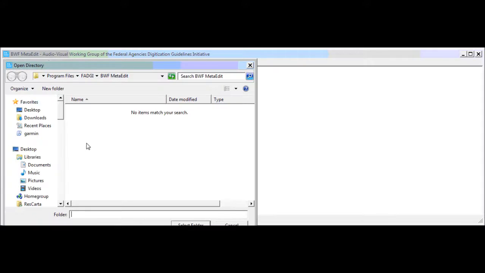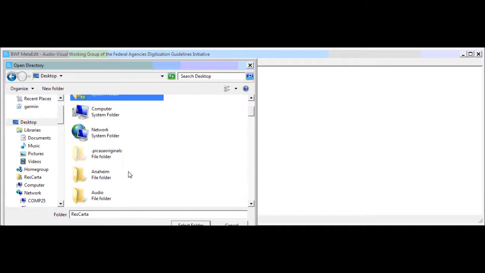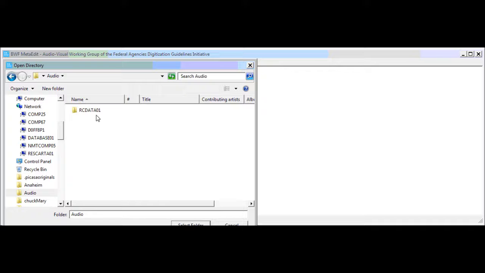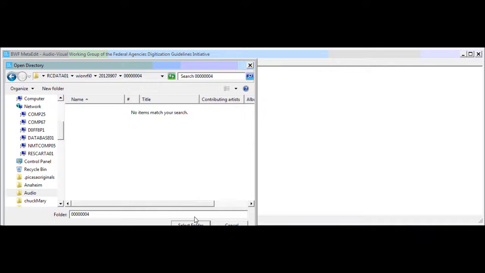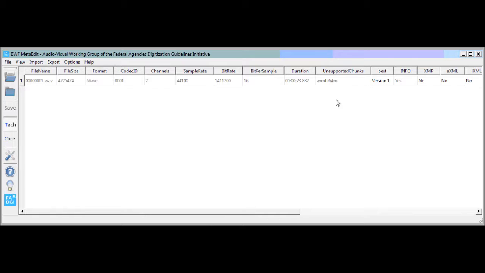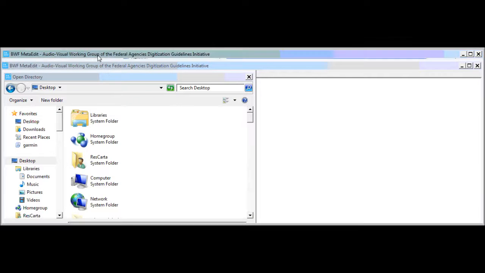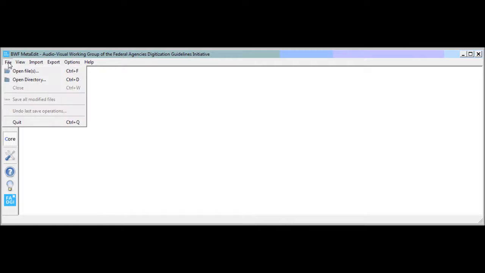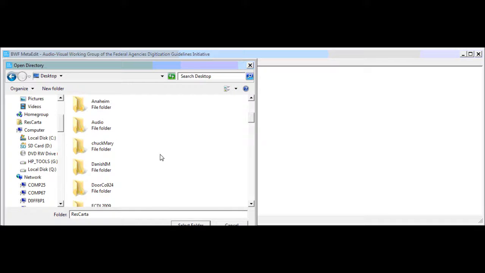The broadcast wave file, we had a little problem with it. The BWF MetaEdit from the federal government, Federal Agencies Digitization Guidelines, if you pulled it up, it would give you an error saying it had unsupported chunks. Well, we reported that, and they did fix that. It wasn't our end, but their end. So we put in a new tool. This is the new version of that same tool, although there's no version in the header and you don't know which one you're really using unless you look deeper. But we can open up that same file